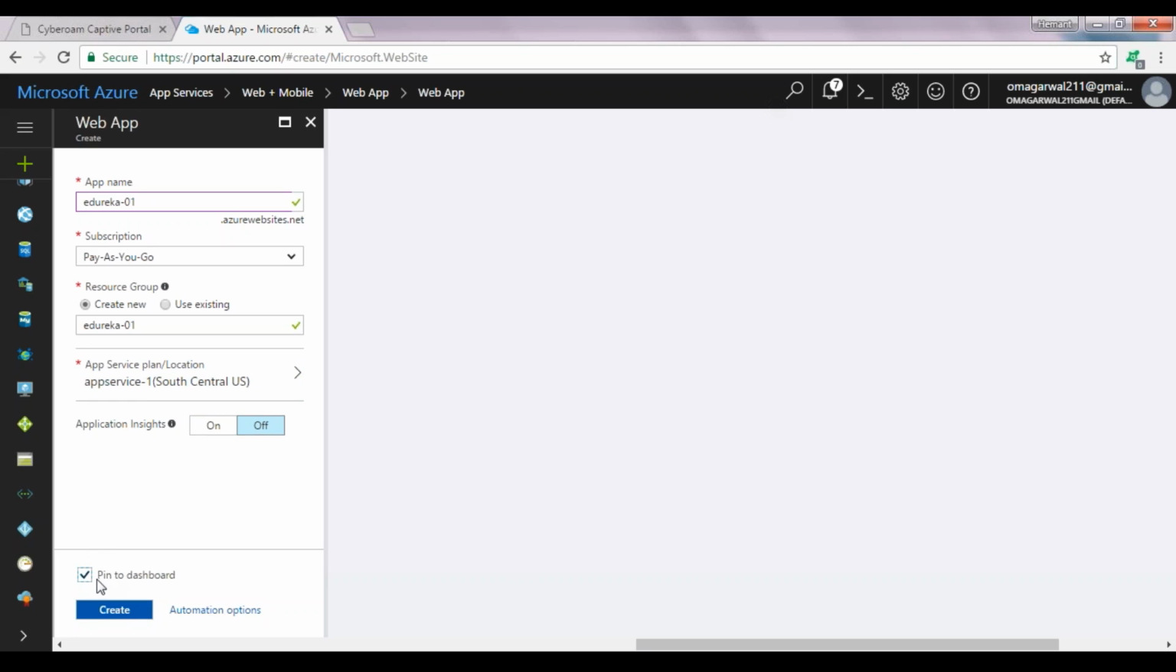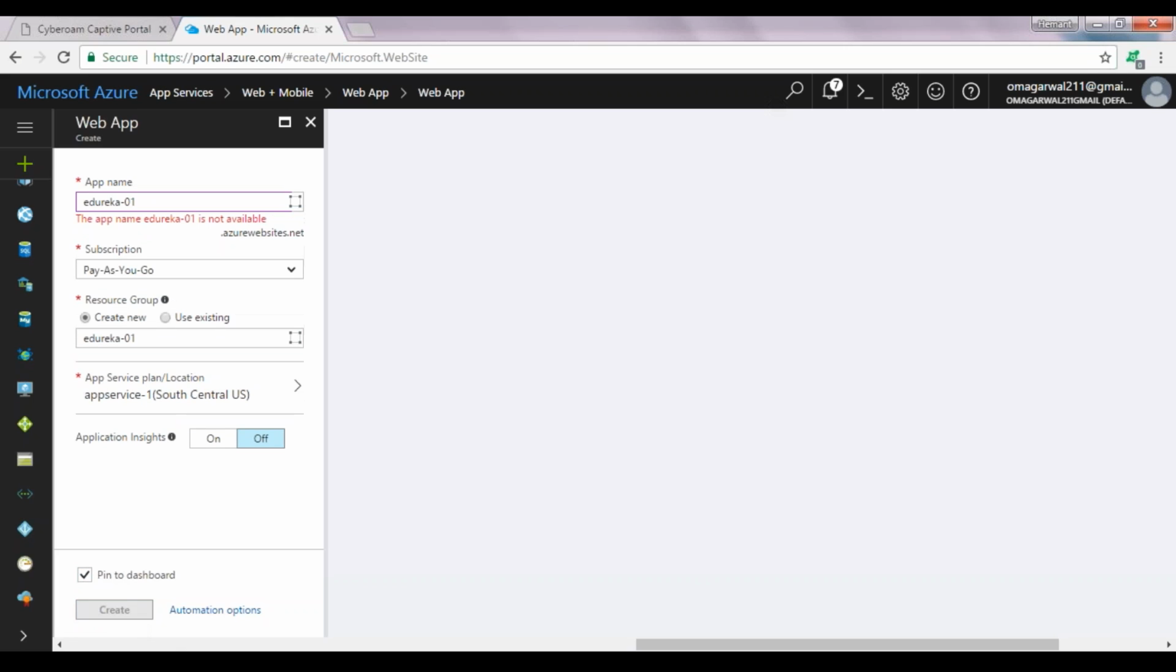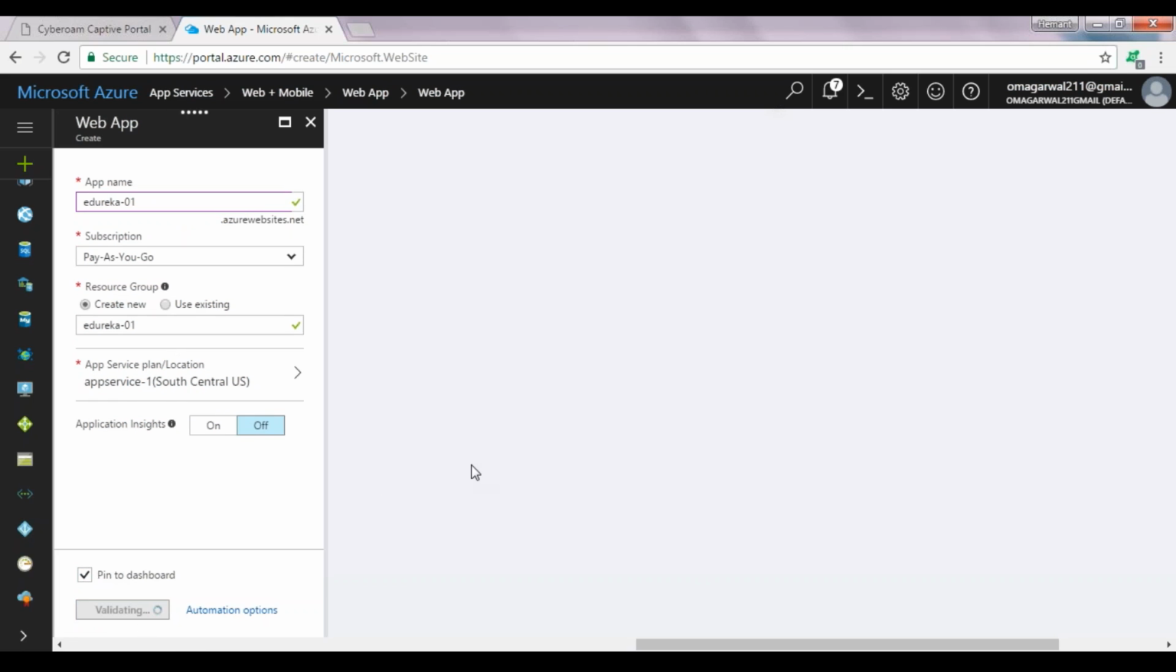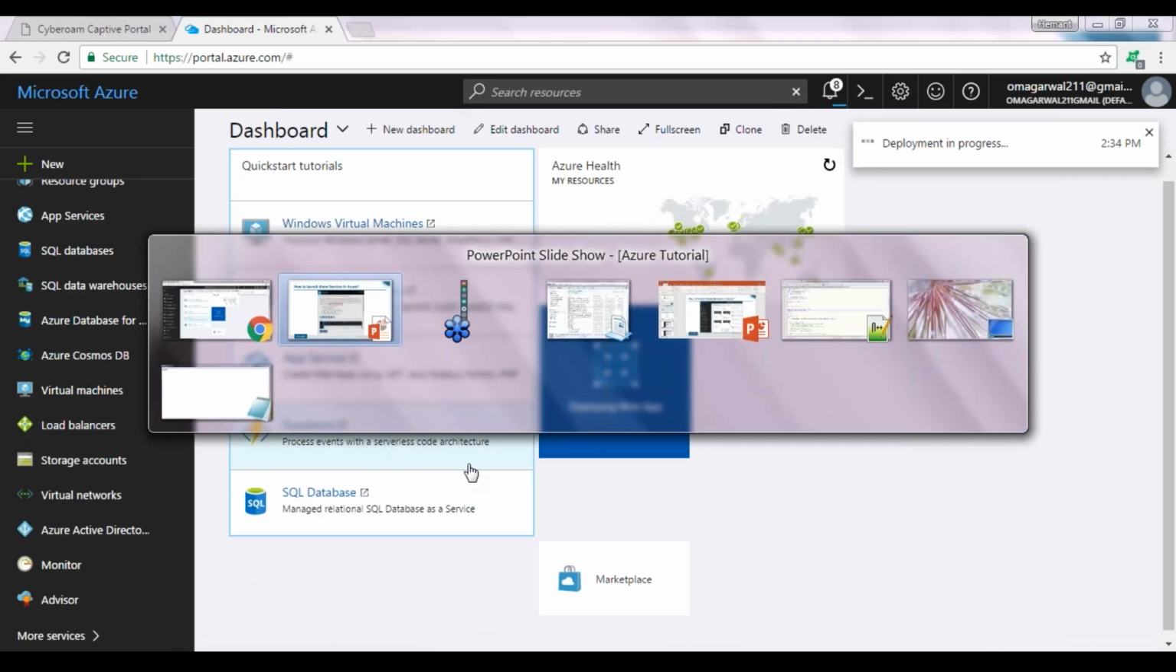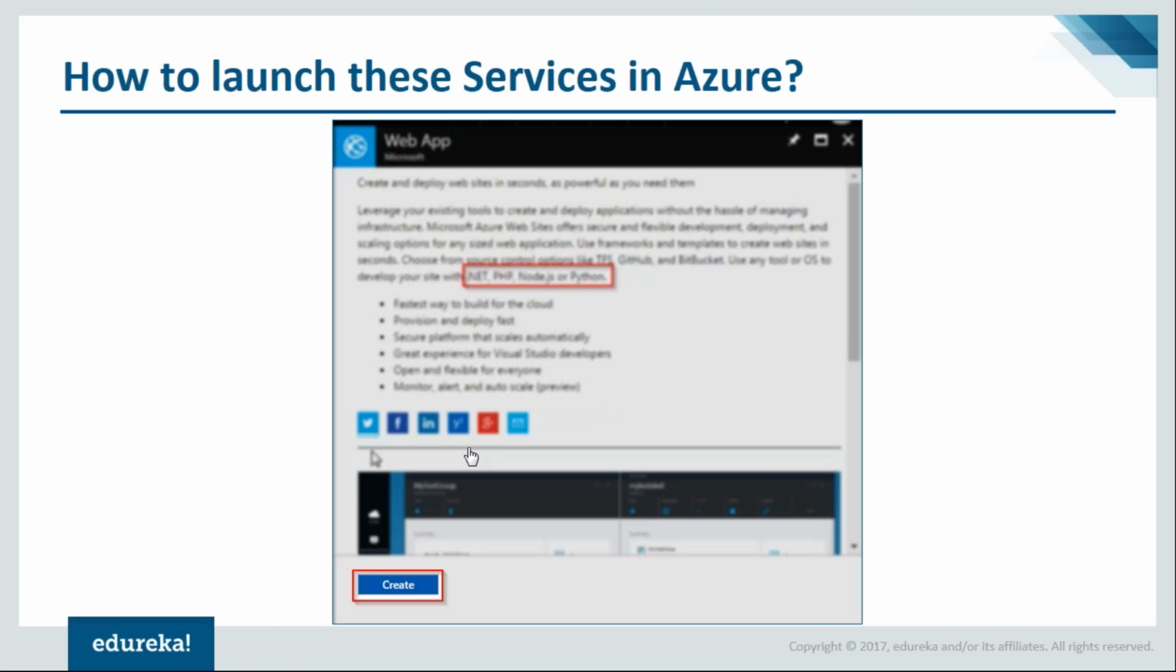I am ticking the pin to dashboard, which will basically create a shortcut on my dashboard to this application. Comes in handy, and that's it, guys. You will click on create. All right, so now my application is being created. While my web app is deploying, let me go back to my slide and jump on